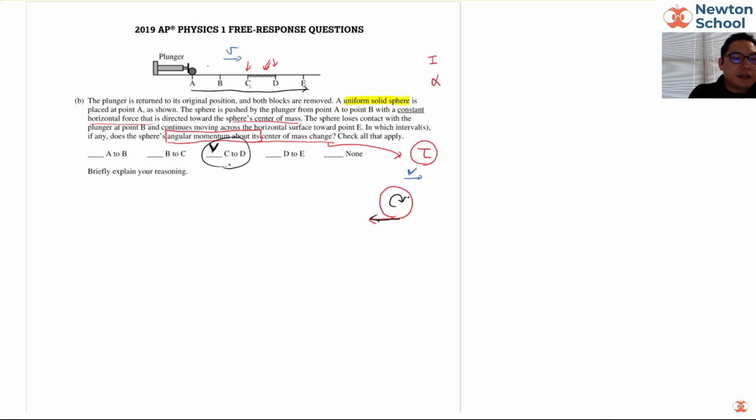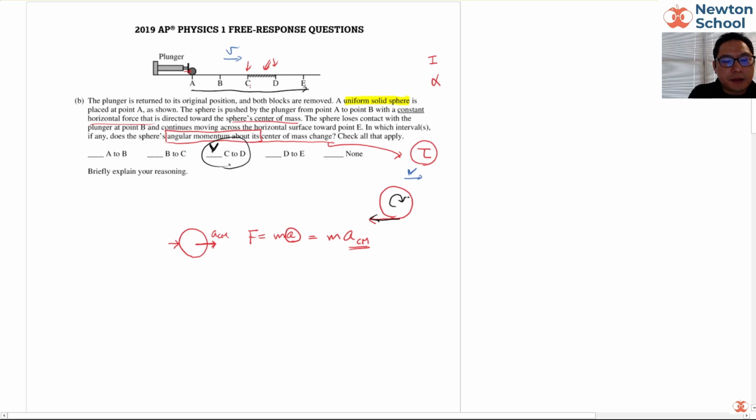Okay. So between A and B, I'm assuming the plunger is pushed. Actually, it doesn't really matter where you push. They push there, so there will be force applied. Remember, force equals ma, but this is translational acceleration. So I'm going to call this mass A, and we use the notation center of mass. Basically, this mass will accelerate with ACM. So between A and B, it's accelerating this way. Between B and C, it's not going to accelerate, so you have a certain speed. But what's important here is,